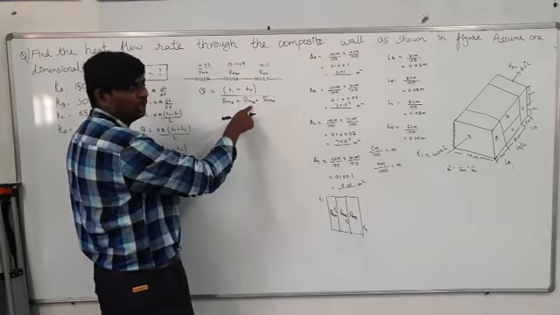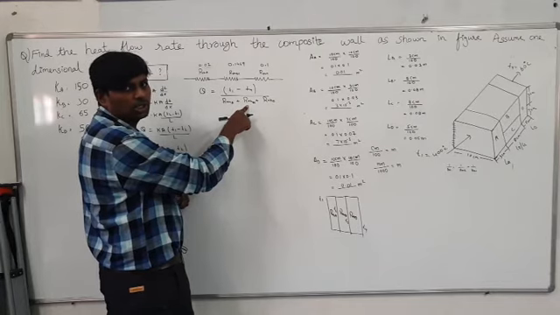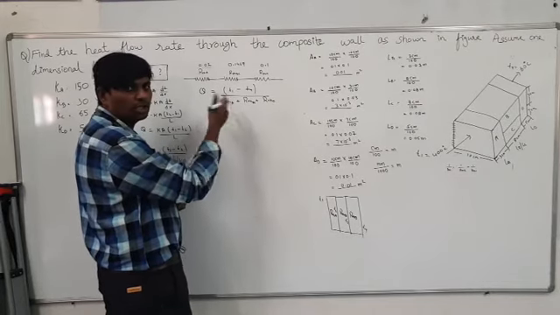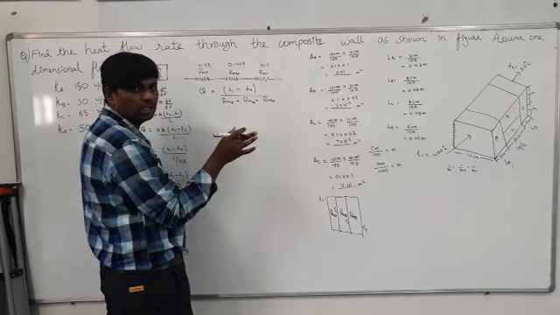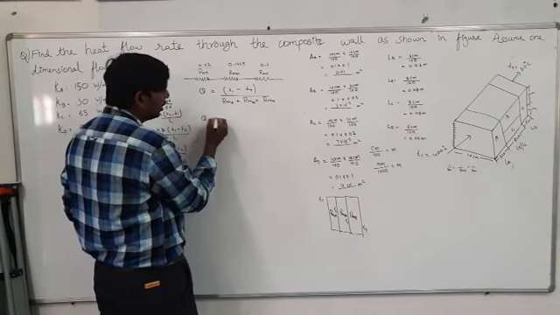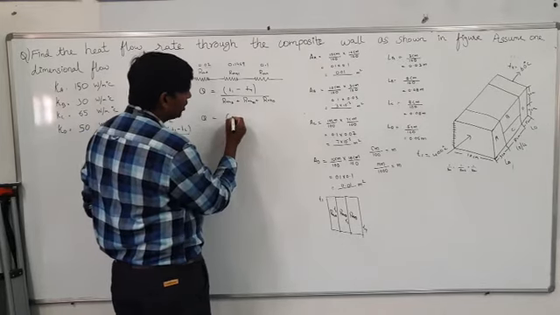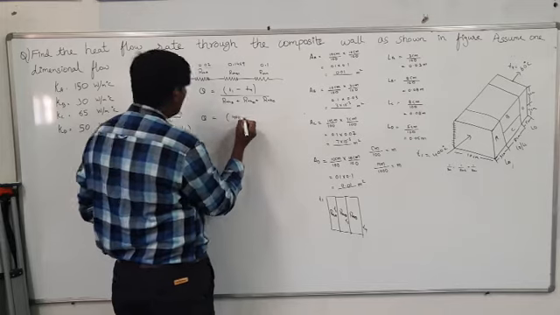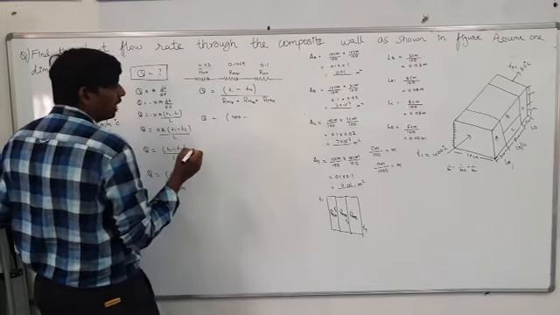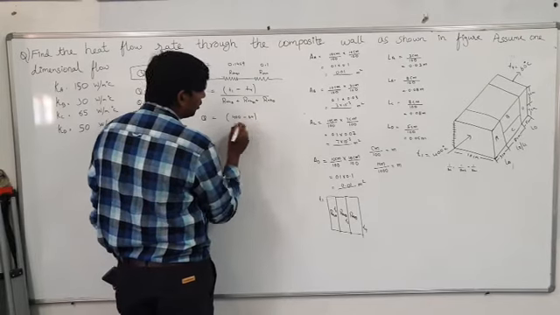Why BC? Previously this was in parallel, now you converted it into series. This one is already in series, and this one is also already in series. So no changes here, only this one changes. Then Q is equal to T1 value, which is given in your diagram, 400. T4 value is 60.